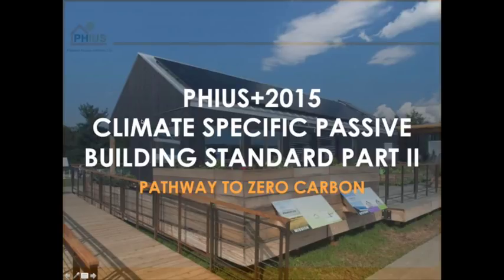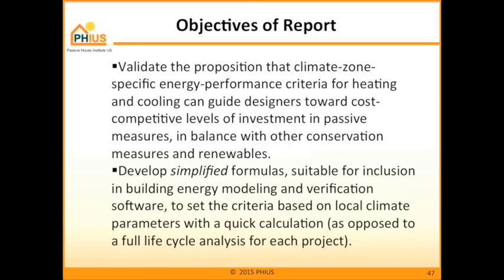Yes. So, hello, welcome everyone. This is part 2, and I might start out by reminding people that this was a report to Building America, or funded by Building America, and so the objectives that we wrote for the report were: we want to look at this idea that if we came up with climate zone specific performance criteria for heating and cooling in a cost competitive way, that would guide designers towards passive measures in proper balance with other conservation measures. And that first objective was definitely part of the plan all along. The second objective kind of got added as we went along,